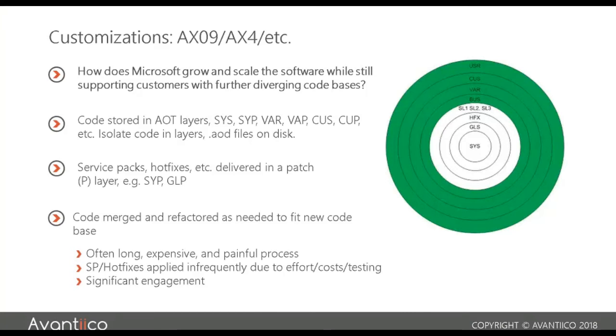How do you get around that? Well, you need a developer to merge that SIP layer code or that GLS code with your overlaid code. And that's a very expensive and painful process. And because of that, a lot of people said, you know what, we can't apply this update because we have to merge all of our customizations again and go through all the testing just to get this little bit of functionality. So the return on the investment may not be there, so people say, I'm just not going to do that.